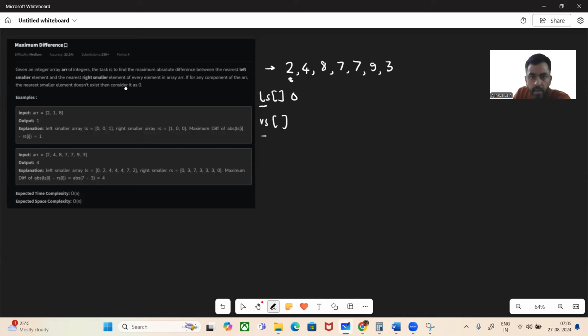For 4 it is going to be 2. For 8, it is going to be 4. For 7, it is going to be 4. For 7, again, it is going to be the same, 4. For 9, it is going to be 7. For 3, it is going to be all the way to 2. Okay. For rs, let's see what will be the